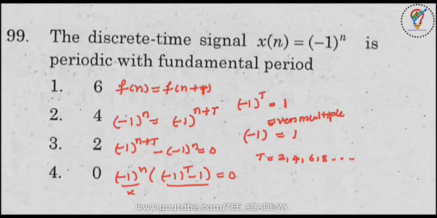Now if we talk about the fundamental value, fundamental means T is equal to 2. The first case is T is equal to 2, the next case is T is equal to 4. What they are asking is the fundamental time period, which is the first one. So the answer is 3, and 2 is the correct option here. Next one,